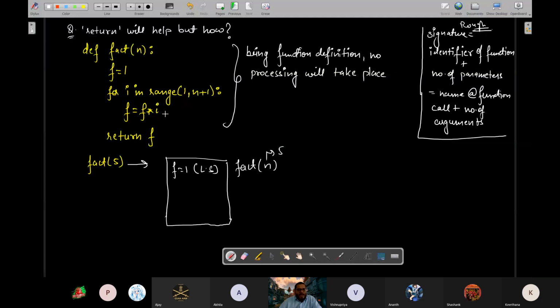Then this loop will run to calculate factorial, and f finally contains the total value of 5 factorial, which is equals to 120, in the local scope of the function. After this loop, whatever is the value of f is in the local scope.